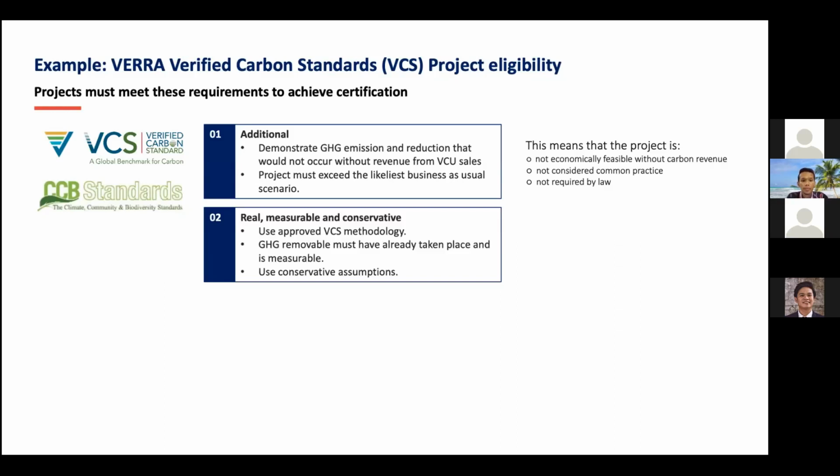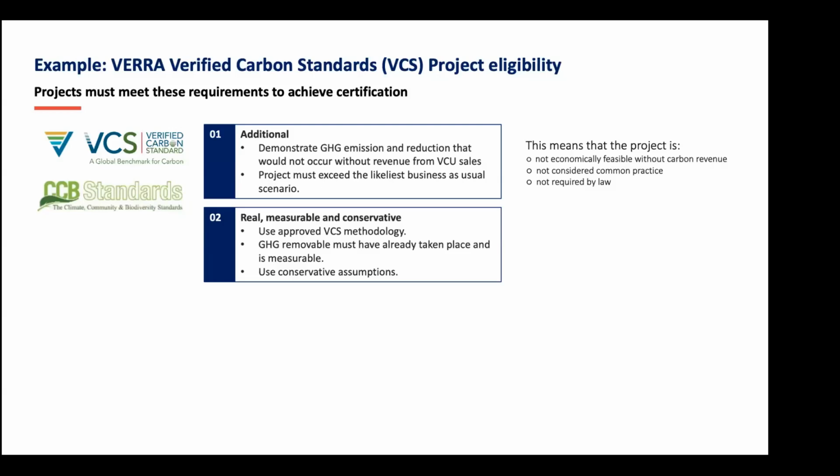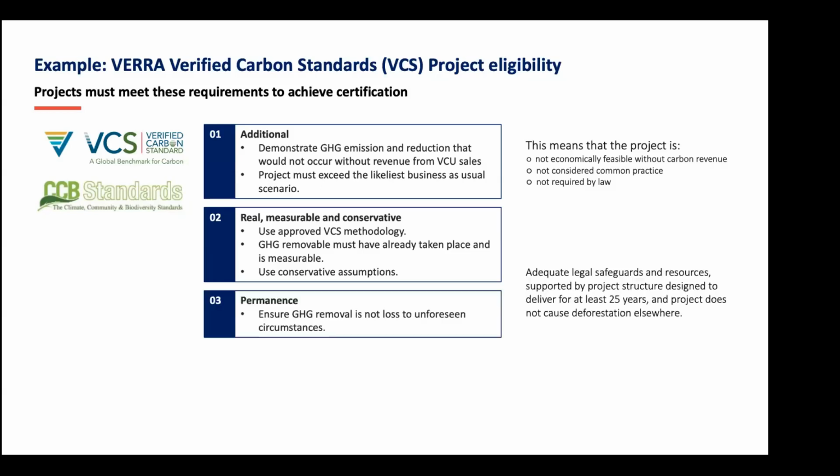Number 2, the output must be real, measurable, and conservative. Penggunaan GHG mesti dibukti, diukur, dan dipantau dengan menggunakan metodologi yang konservatif yang telah disahkan oleh Vera. So Vera have a list of methods that projects need to follow, and they must be also audited, which I will share later on. Syarat ketiga ataupun kriteria ketiga is permanence, alright, ataupun